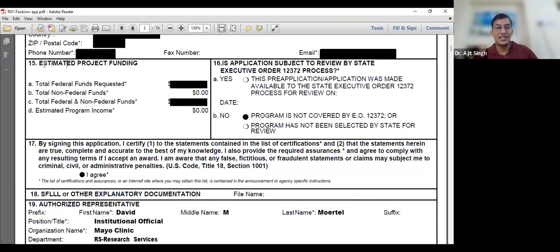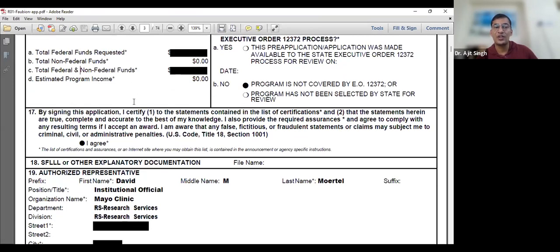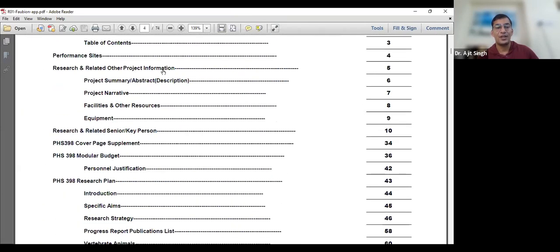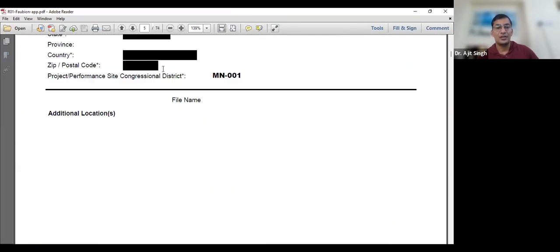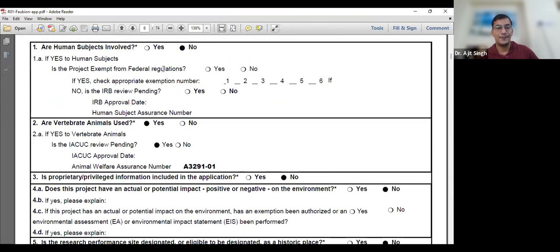See, look at the fundings, the estimated project summary. Okay, estimated project, total federal funds required, total non-federal funds requested. They have the total federal and non-federal funds, as yesterday Dr. Nabil was talking about how much funds they have from outside and how much funds they have from them, and how much income their institute has, if they can involve those costs also, or if they can cover some cost from the institution. So those things are very important to mention. Okay, so here I'll come to the detailed version.